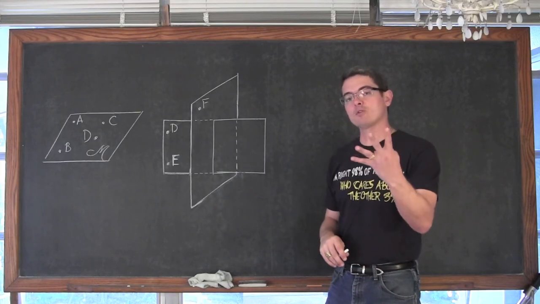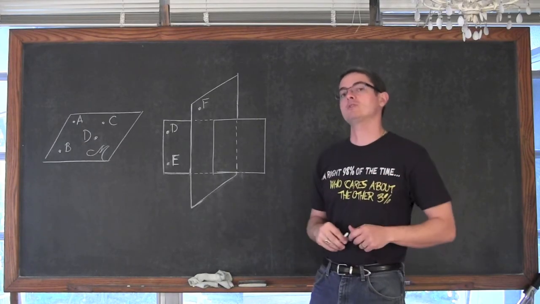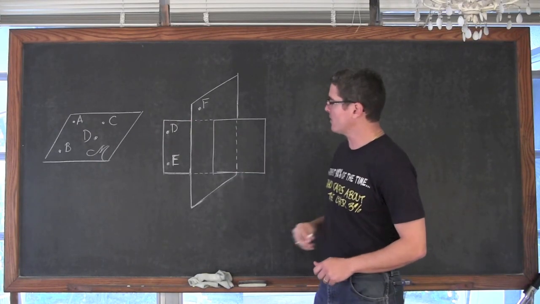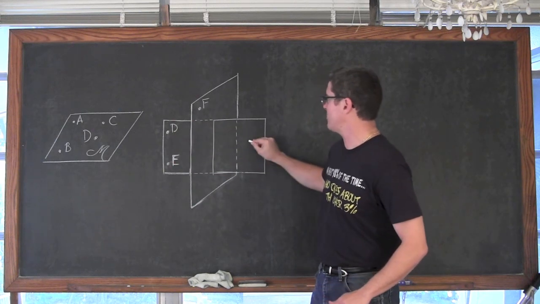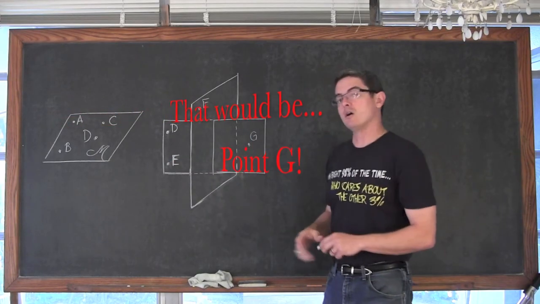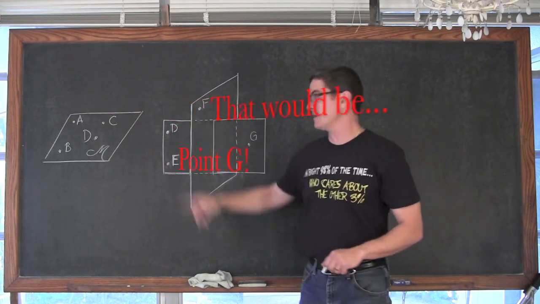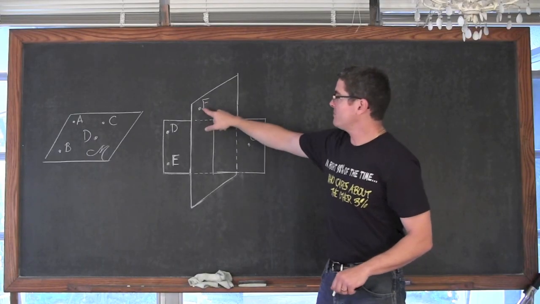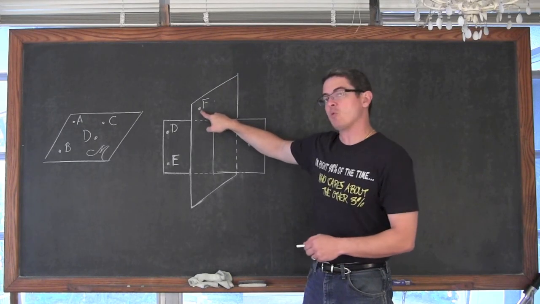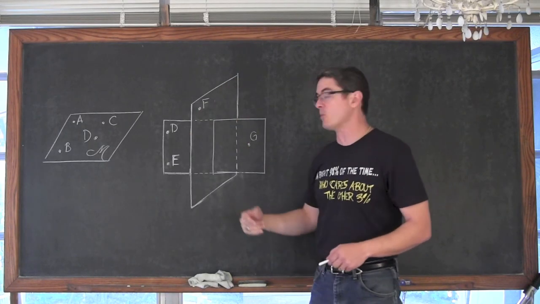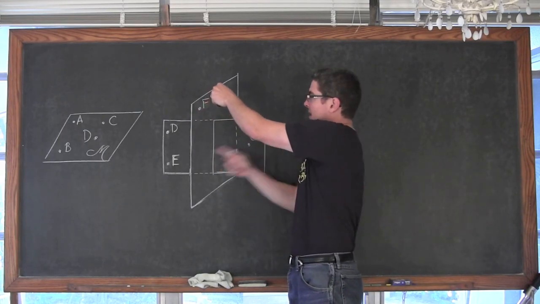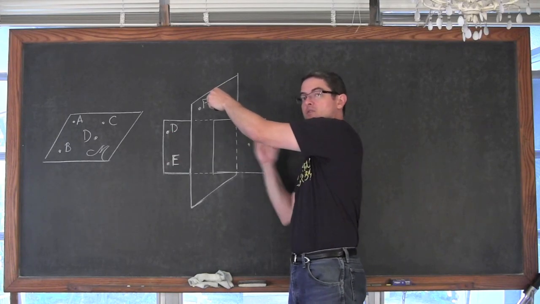So let me introduce a 4th point, and then I can actually say, hey, look, these 4 points are not coplanar. This one plane here that I said was going in the same direction as the board, let's call this D, E, F, and let's put a point G over here. The points D, E, and F are defining this plane that I've drawn horizontally, sort of like a rectangle. And then with this point F, if you see this intersection line, I'm trying to make this point in this plane coming out of the board appear to be in front. So it's almost like point F would be out here, and points D, E, and G are actually on the plane of the chalkboard, okay?